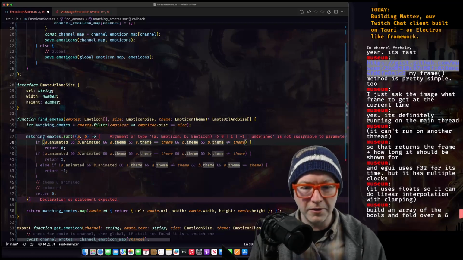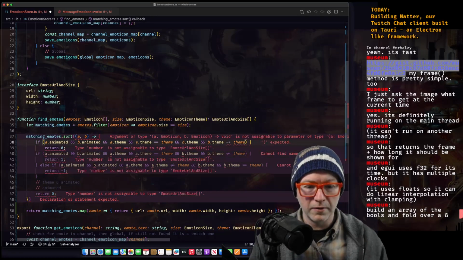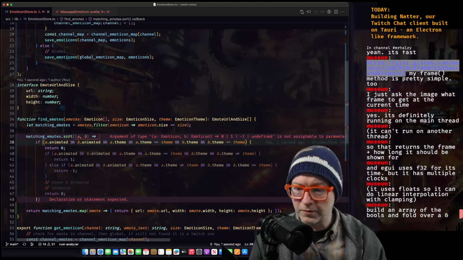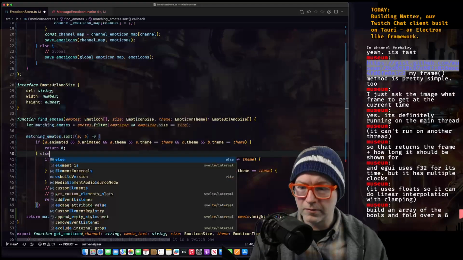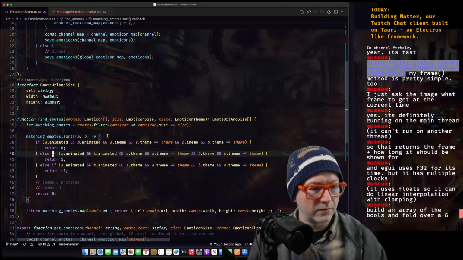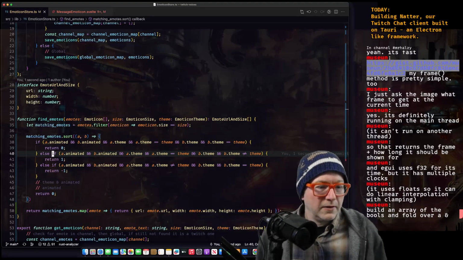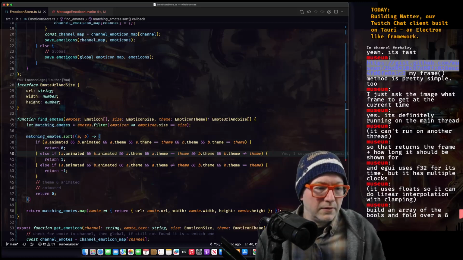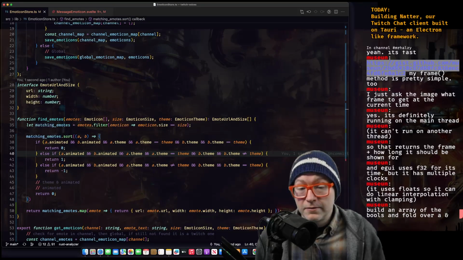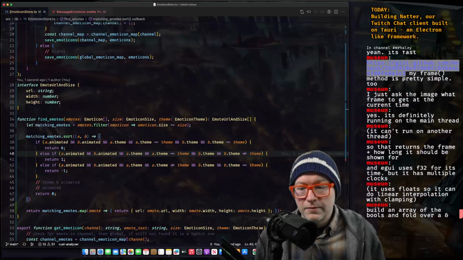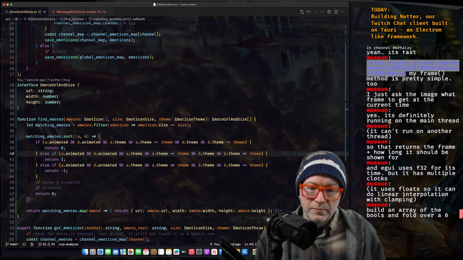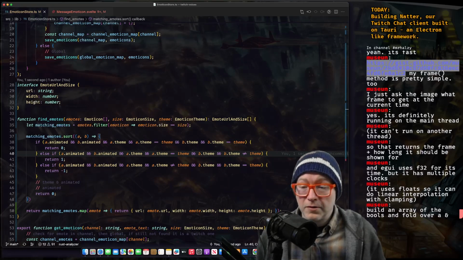That would be the same thing being in there both times. But for our little truth table, array of the pools and fold over. That could be fun.